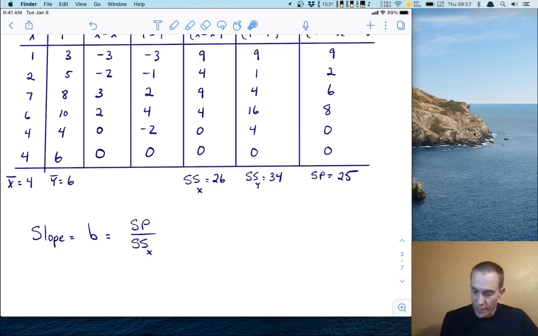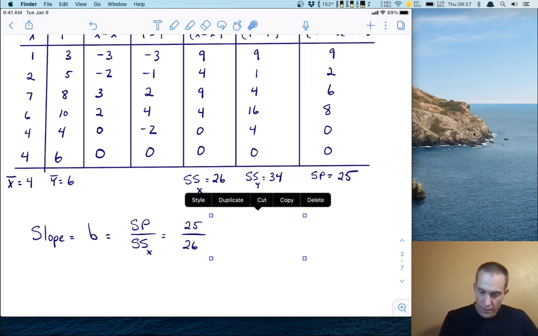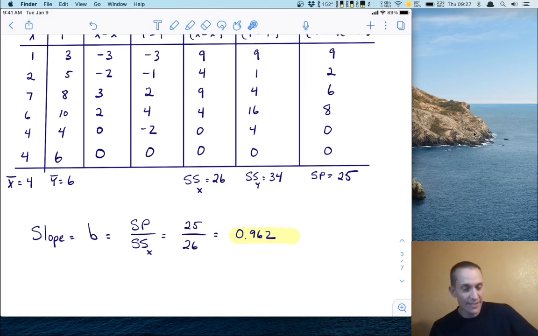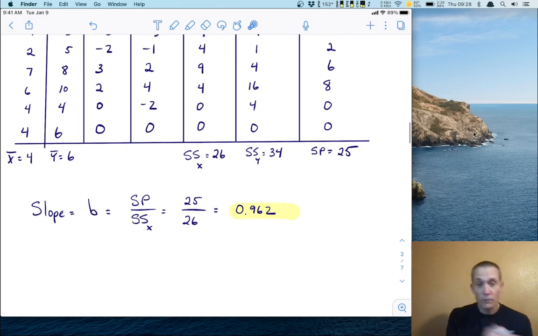And we've got values for that. That's 25 divided by 26. So let's work that out, which as a decimal is about 0.962. So the slope of this line is about 1. It's 0.962. And then once we found the slope, we can then substitute that slope into the formula to